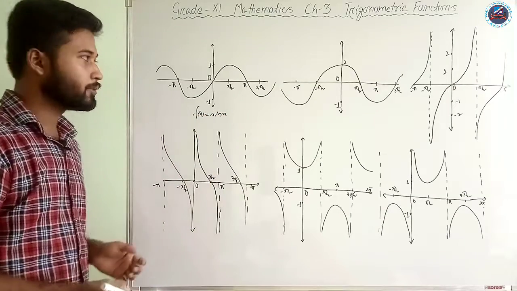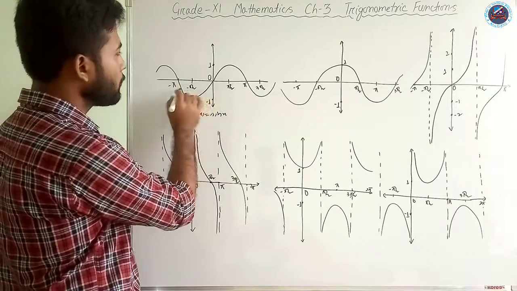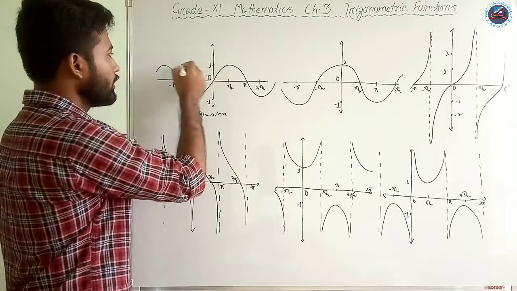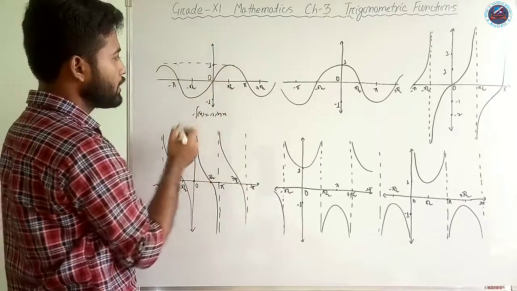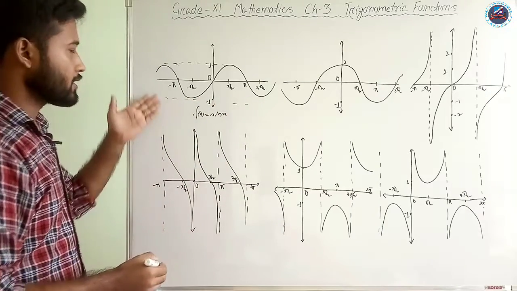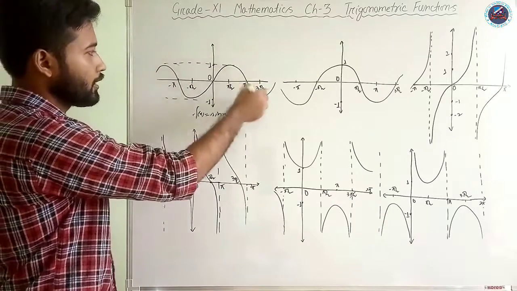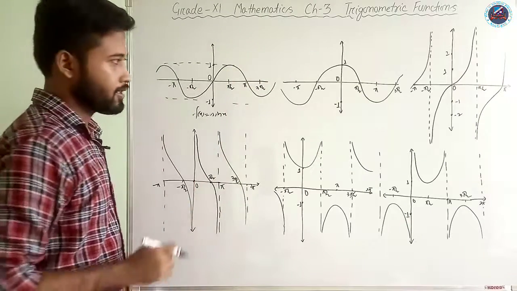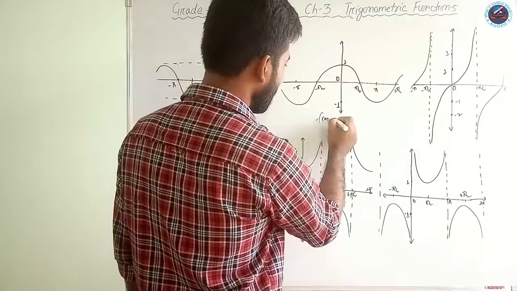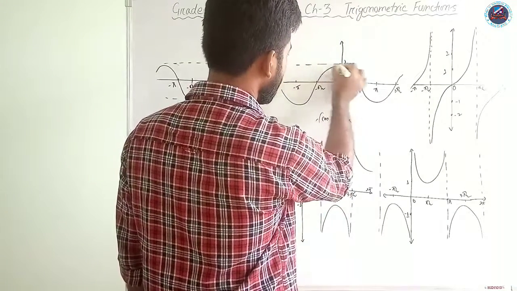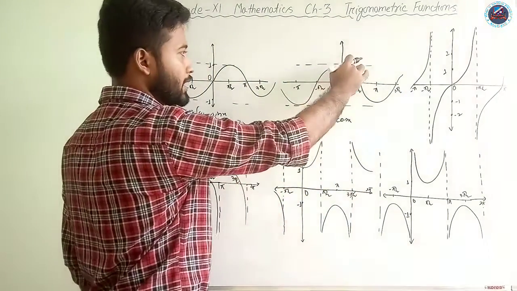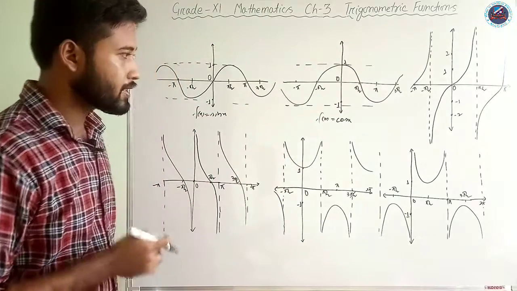So as you have discussed in the unit circle, for any value of the real numbers you take, that is from minus infinity to plus infinity, the maximum value of the range that we get is 1 and the minimum value we get is -1. So it's a periodic function and the graph continues to be inside the restricted range. Okay, now let us see the function cos x. Here for the function cos x, you can see similarly for whatever real number you take, the maximum limit is 1 and the minimum limit is -1.